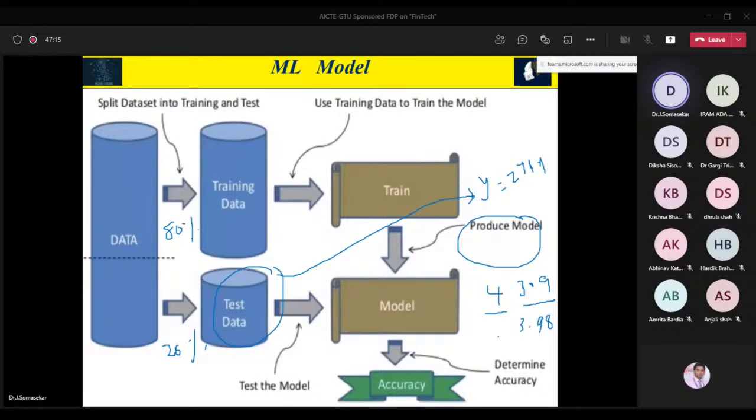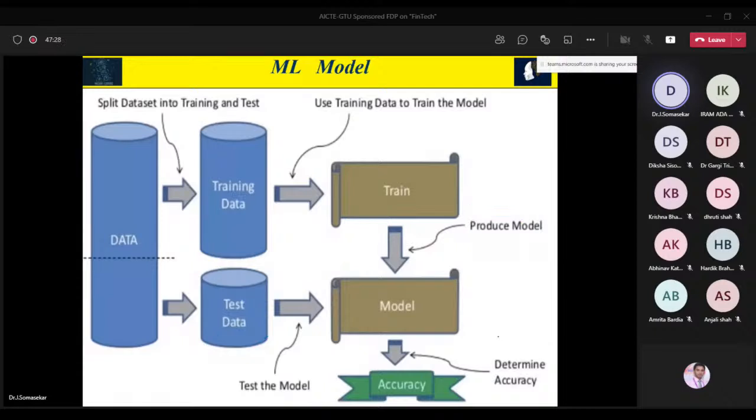So that's why we have test data and training data, and we have to evaluate, which is called accuracy. Based on the best accuracy regression model, or maybe machine learning model, we can deploy it to the application for Bitcoin price prediction. That's why, whatever data set we consider, we can't directly give the entire data for training. We have to split 70-30 or 80-20, depending on your convenience. After that, we make a model, use that model to evaluate, and based on the accuracy we deploy it to the application. If the accuracy is, let us assume, 99.12 or 99.99, then it is one of the best accuracies, and we can deploy the model to the application.